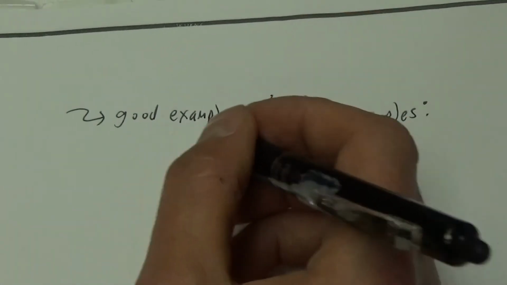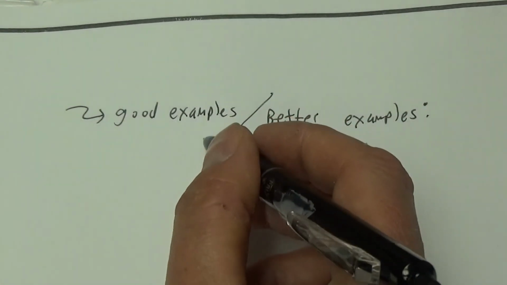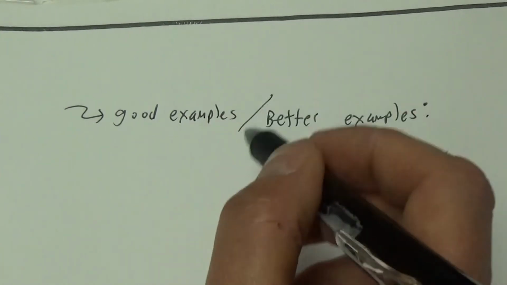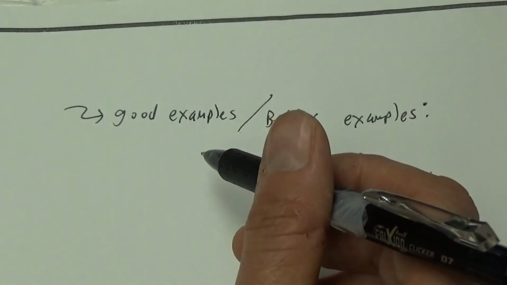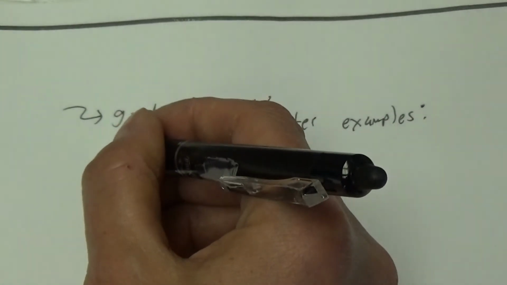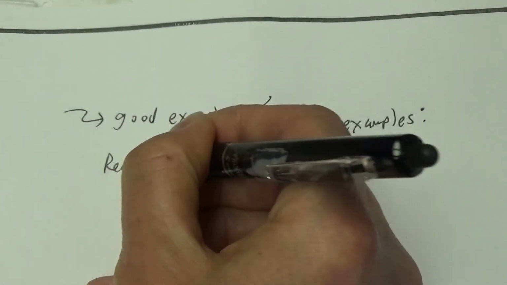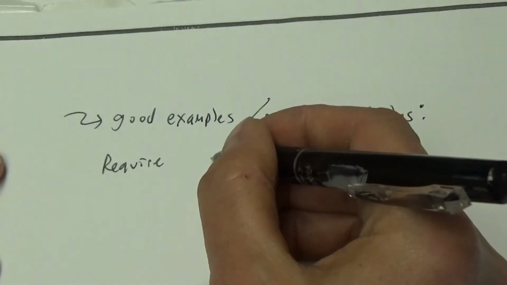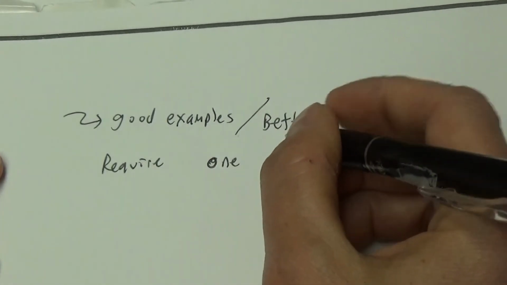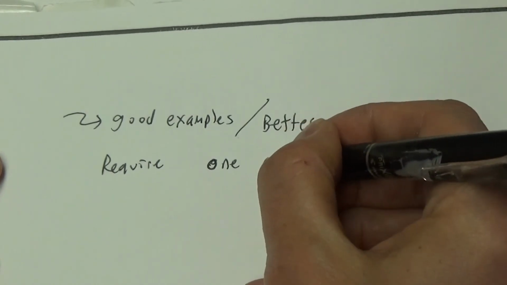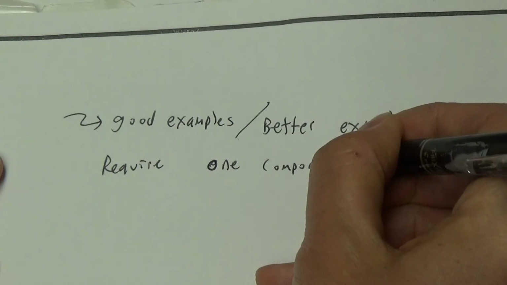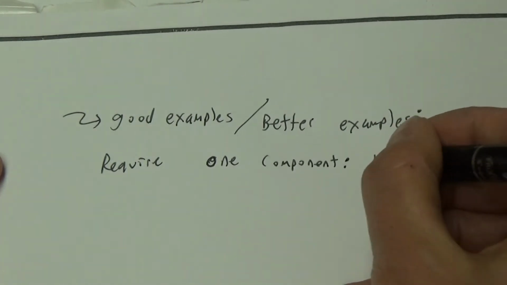So the main difference with these, and how we are going to accomplish a more clean mixed aldol reaction, is we're going to require one of those components, so one of the ketones or aldehydes or whatever, one component to have no